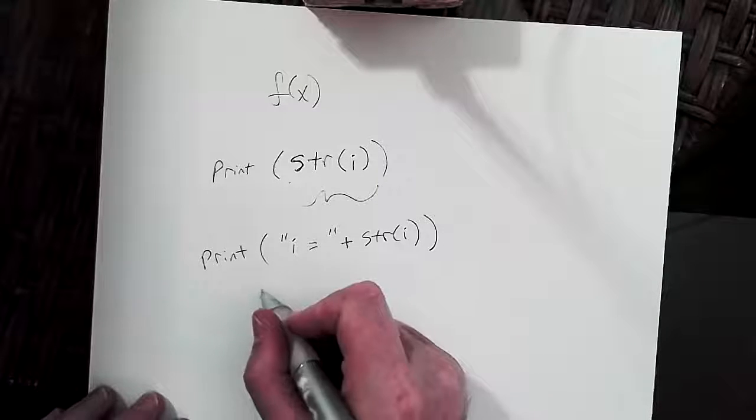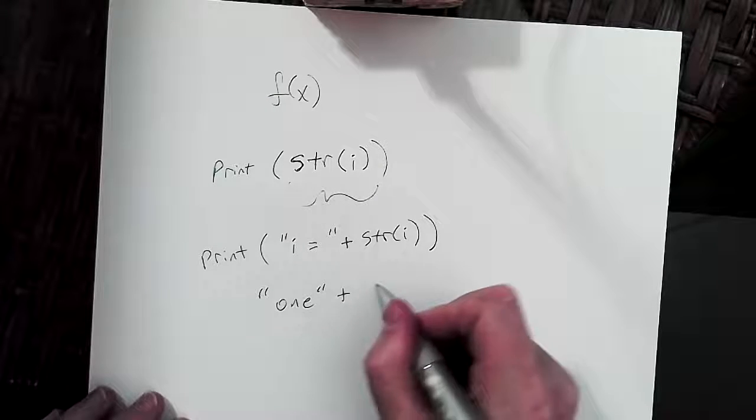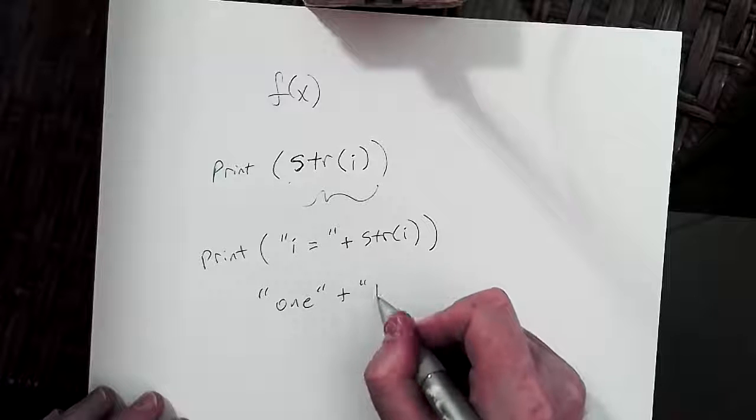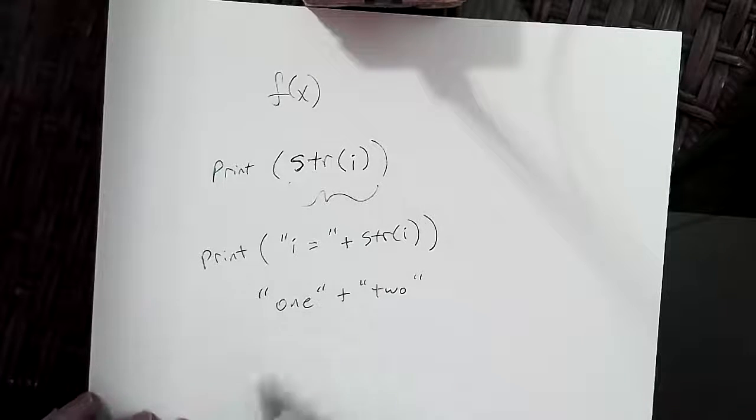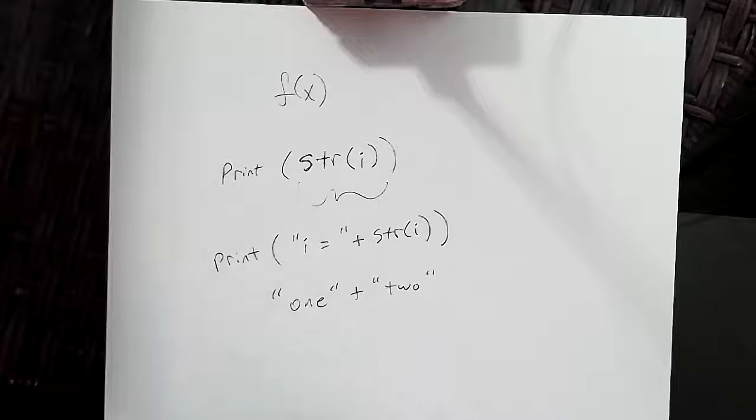Basically what Python's willing to do is to take two strings, and if you put a plus sign between them, it adds them. But of course you can't add strings because it's not numbers. So what it really does is it concatenates them, it sticks them together. And now you can put as many things in there as you want as long as they're all strings. And if they're not strings, you pass them through str and they become strings. So now you can print some more, and that's how all this is built. All these other prompts that have a lot more information, they just concatenated a bunch of stuff together.